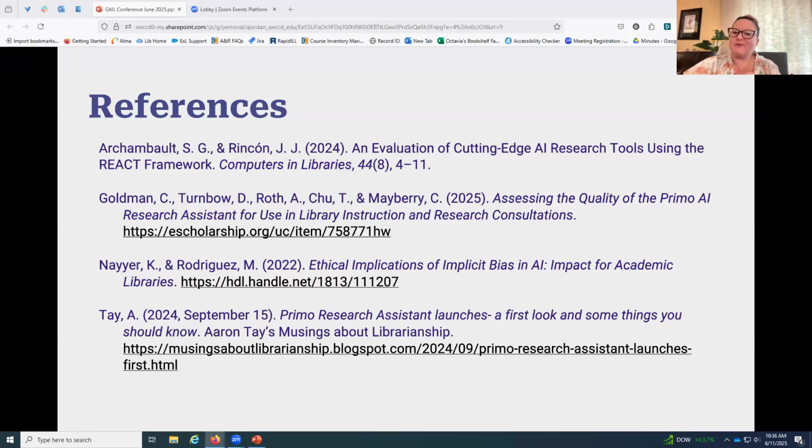One of my, I would say, secret third goals that was not listed was to start the conversation of evaluating AI a little bit more critically. I think just from conversation, there was a lot of enthusiasm about PRA when it was first announced. This is going to be so great for our students. They're going to be able to do such better research, and I was a little more skeptical. So I think this exercise served that purpose quite well, that third unstated purpose of getting that conversation started.